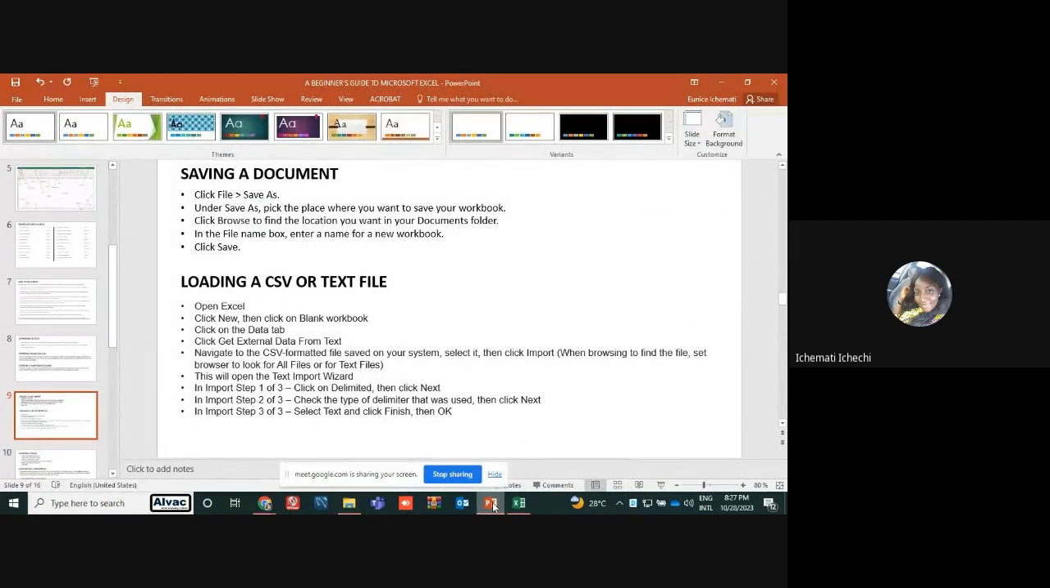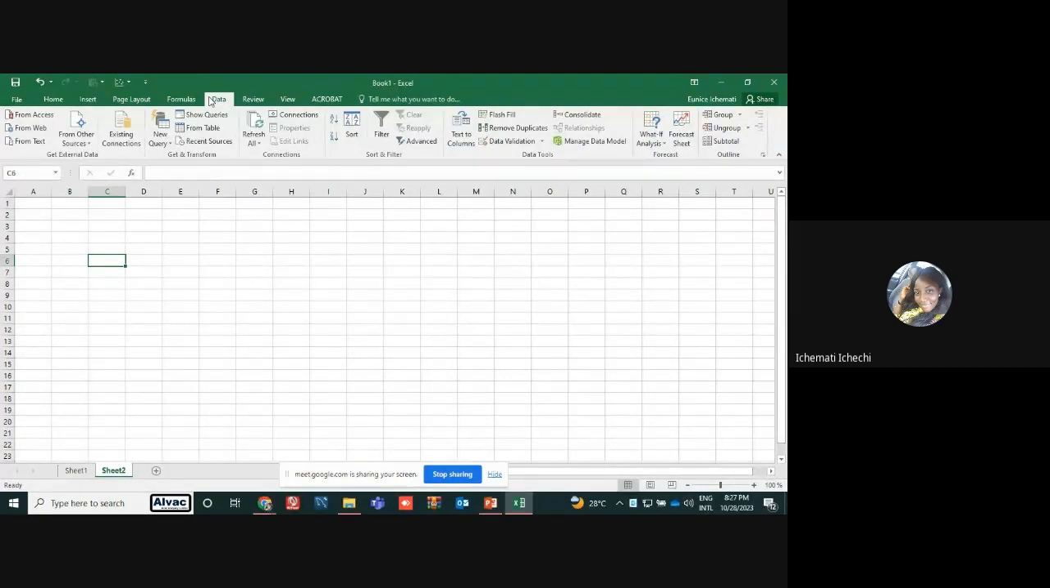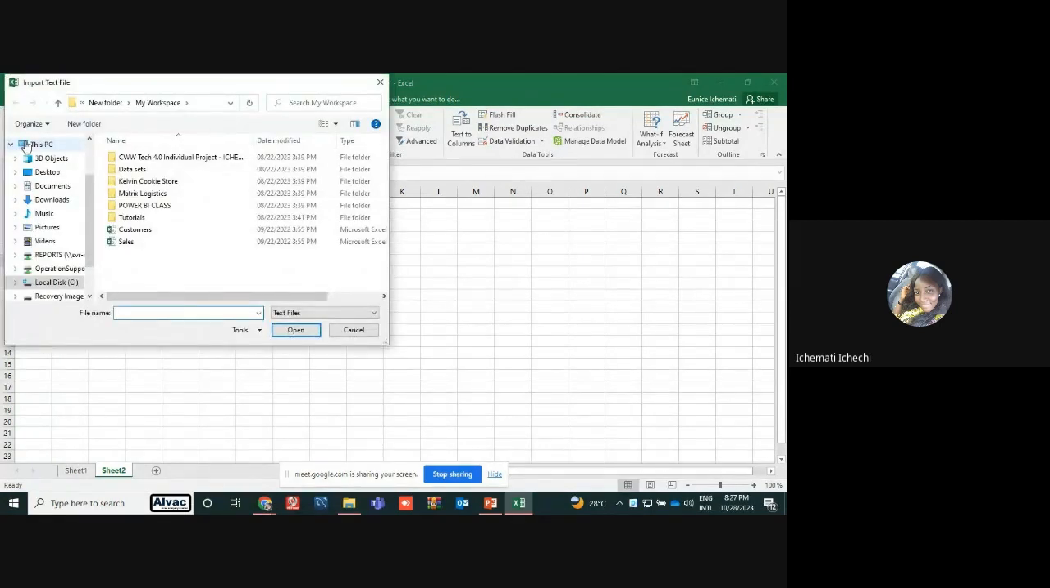Okay, next we are going to be loading a text or a CSV file, and for this class we are going to use a CSV file. So when we go to data, from, like I said, we are going to be importing a text file. So from text, I have a text file already saved on my system here. So import,